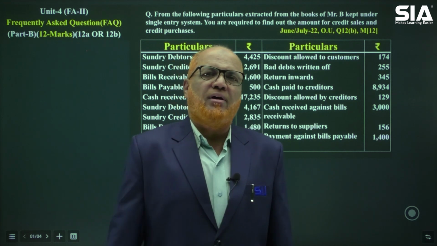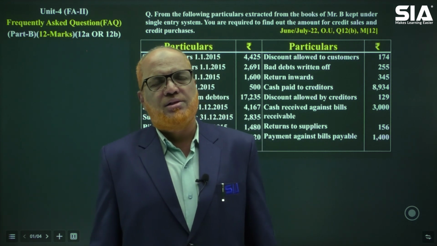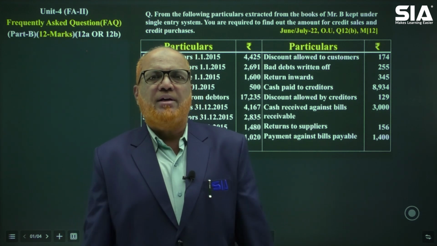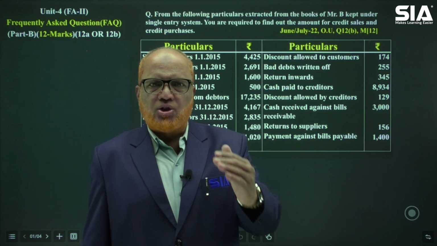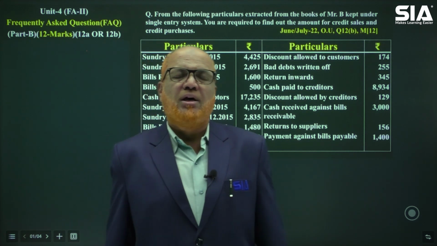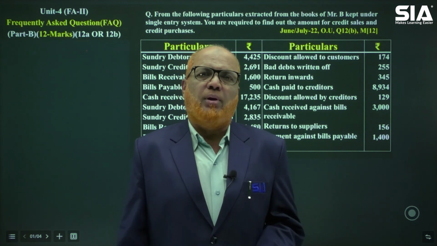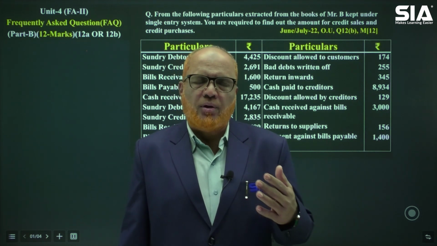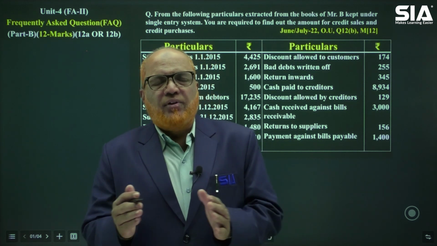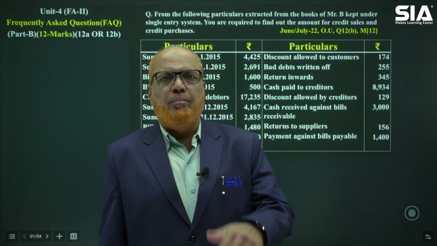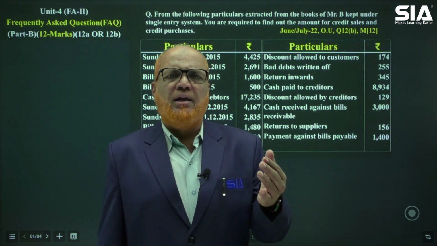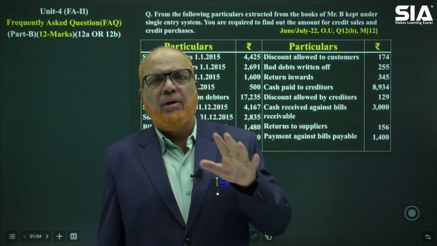Now, presently we are discussing about single entry system which is in Unit-4 Financial Accounting 2. From this unit in examination, in section A and section B, you may get the questions. In section A, for 4 marks, you may get a theory question or a problem. We have done so many problems and discussed the theory of A section for 4 marks. But in B section, 12A or B, you will get a problem. Compulsorily, you will get the problem, but very rarely they may ask one theory, one problem, but compulsory problem will